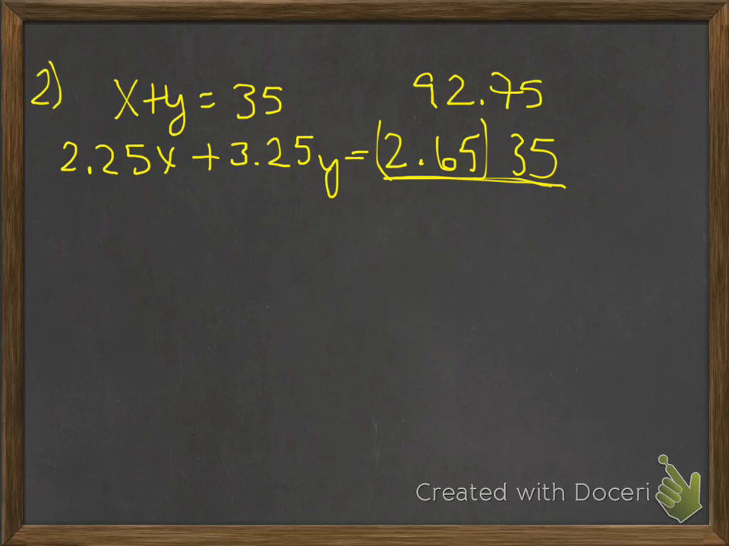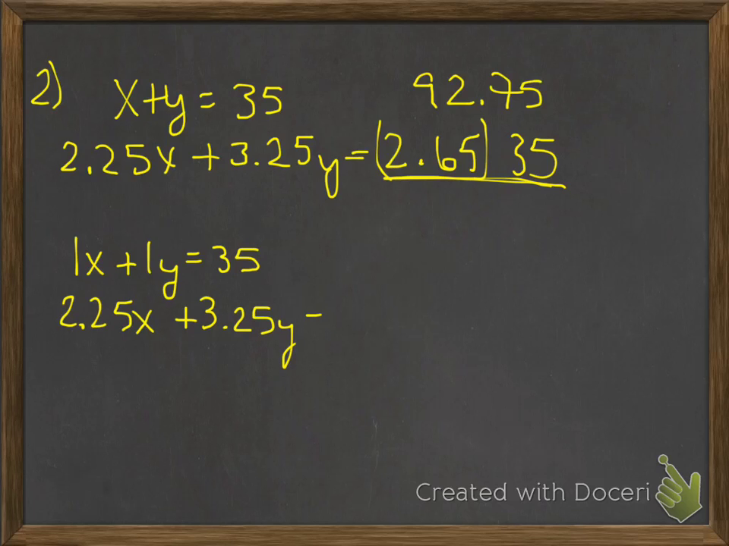But anyways, so what we have here at this point is, I'm going to say this, 1x plus 1y equals 35. 2.25x plus 3.25y equals 92.75. So if you take this and say you want to get rid of the x, this would be elimination. You can multiply by negative 2.25 and here by 1. And if you do that, you would get negative 2.25x